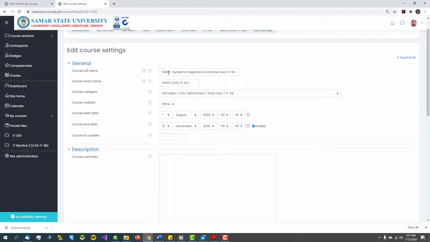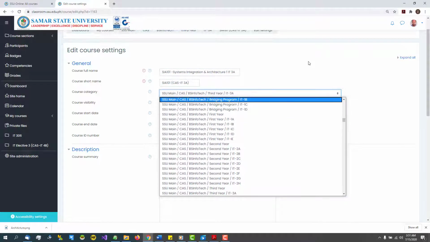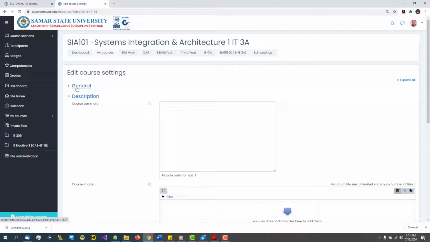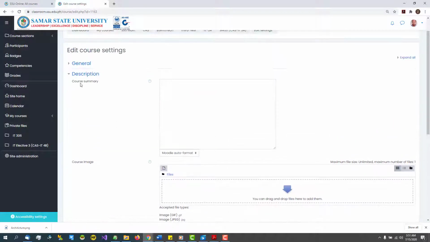But these are information, for example, the full name of the course, short name, the category it is offered, the start date when it will be available to the students and faculty, and then at the same time when it will end. So these are the general information. For the description,